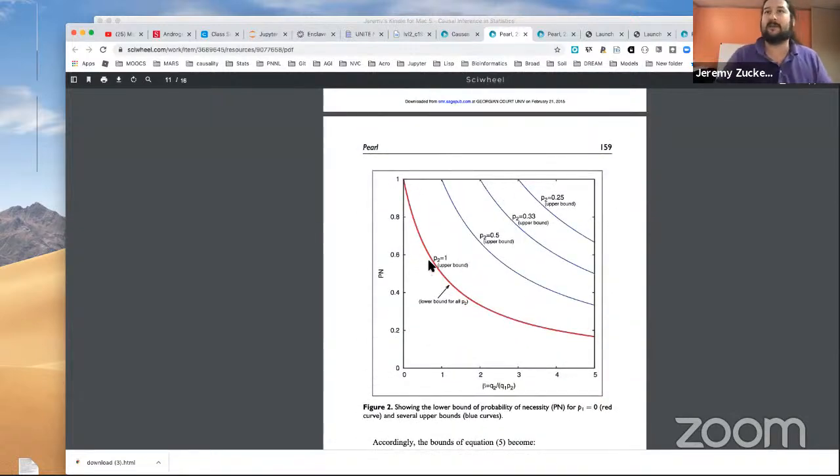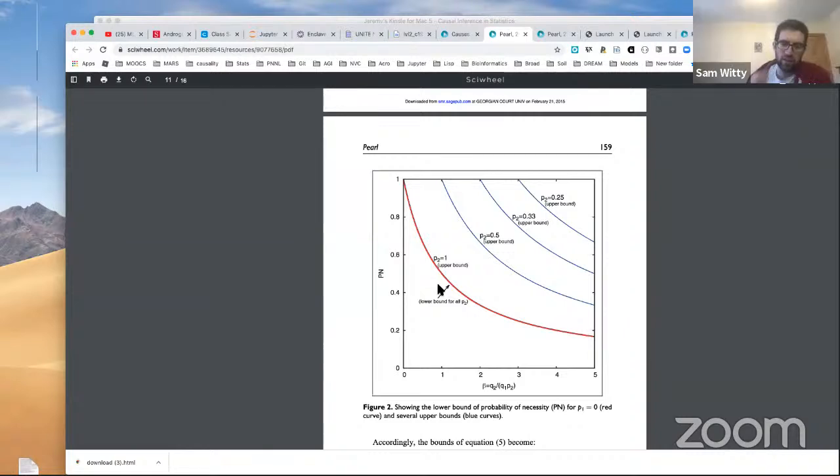So now P2 is the probability of death given that you don't have the syndrome and you do take the drug, right? And if the probability is 1, that's the worst case scenario. Then it goes all the way down to the probability of dying given that you take the drug, which is 0.25. Okay, so in the case where P2 equals 1, the lower bound and the upper bound are the same. So that red curve is always the lower bound. Yes, that's right. And as P2 drifts down, the bound becomes looser and looser.